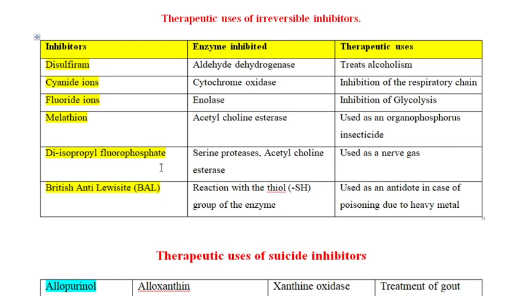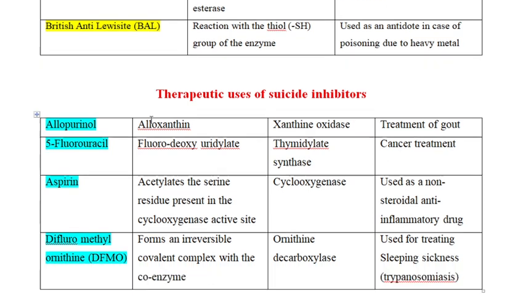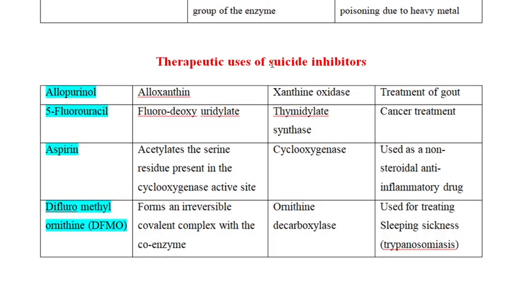Next is diisopropyl fluorophosphate. The enzymes inhibited are serine protease and acetylcholine esterase, and it is used as a nerve gas. Next, BAL: the enzymes inhibited are those with a thiol group, and it is used as an antidote in case of poisoning due to heavy metals. Examples of suicide inhibitors include allopurinol, used for the treatment of gout, where the enzyme inhibited is xanthine oxidase; 5-fluorouracil, used in treatment of cancer, where the enzyme inhibited is thymidylate synthase; and aspirin, where the enzyme inhibited is cyclooxygenase, and it is used as a non-steroidal anti-inflammatory drug. Next is difluoromethyl ornithine: the enzyme inhibited is ornithine decarboxylase and it is used for the treatment of